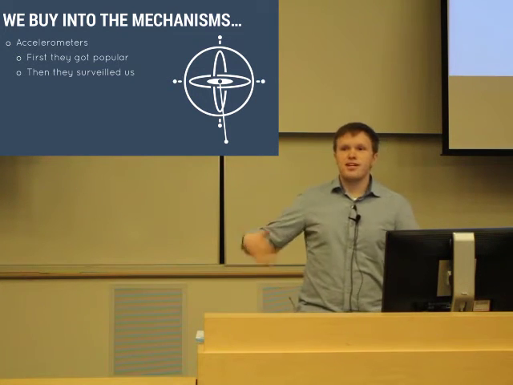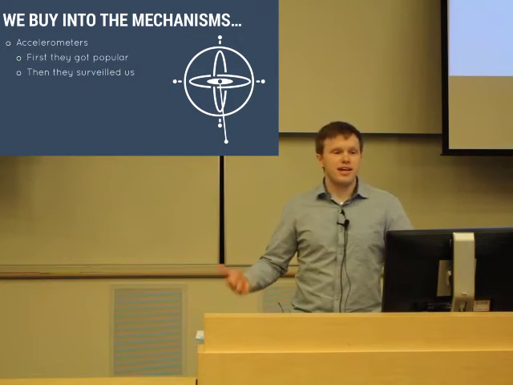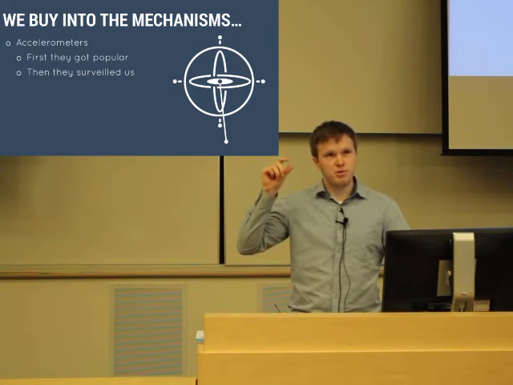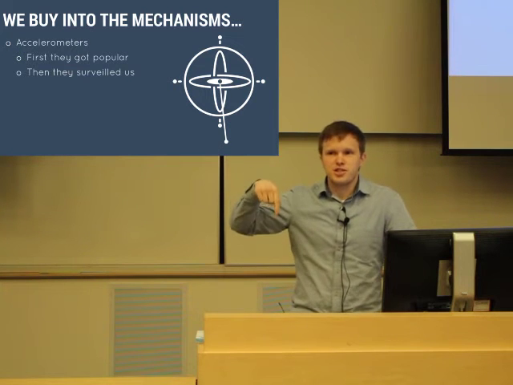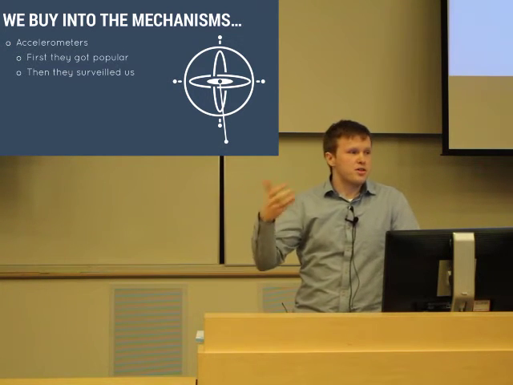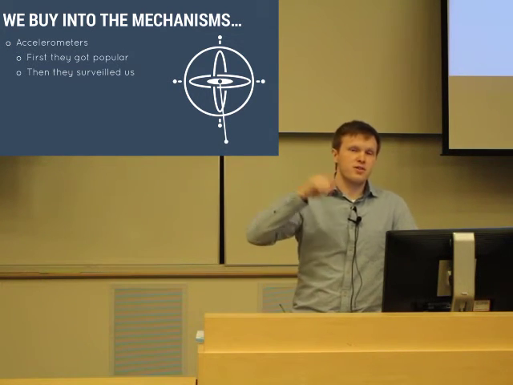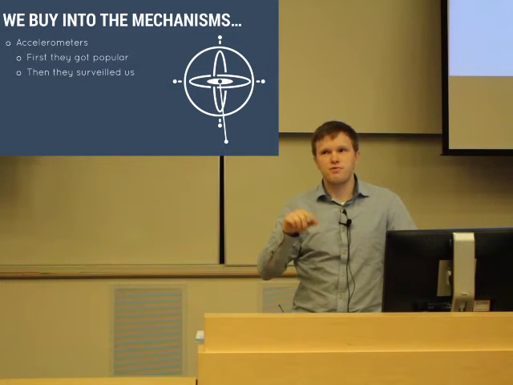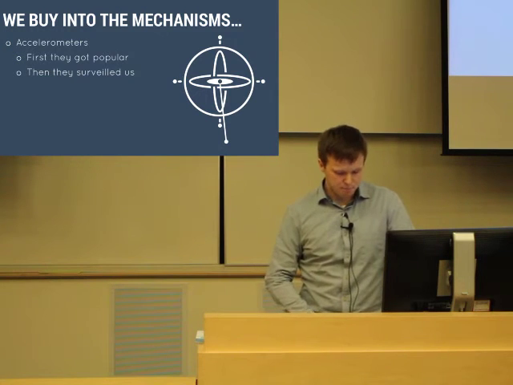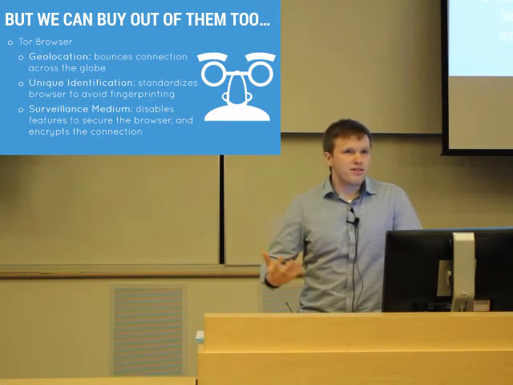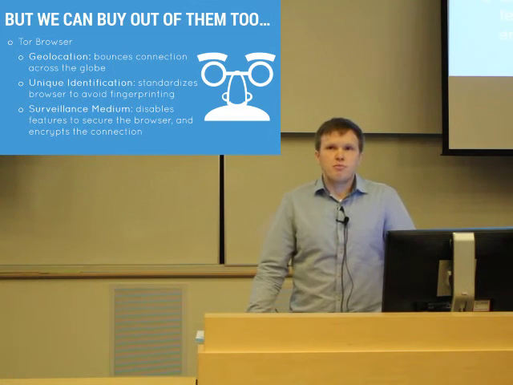But only after that expectation was made did we realize that accelerometers all have a unique fingerprint in and of themselves. They all think down is a slightly different direction, which means the website you visit on your phone can actually query your accelerometer without ever telling you to uniquely identify your phone to track you as you go across the internet. But that being said, I think we can also buy out of these mechanisms, and the Tor browser